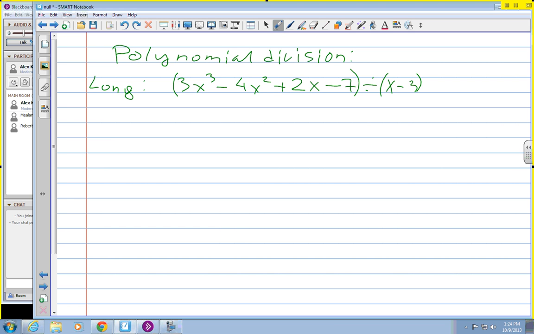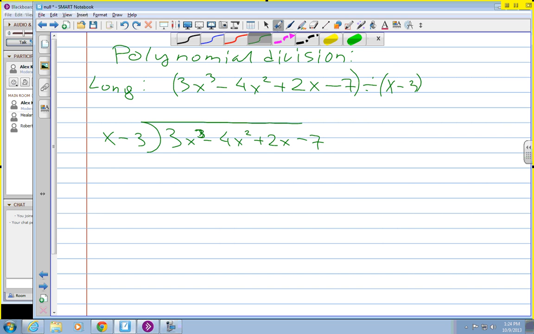So we're going to lay it out just like we did with numerical examples. We're going to put that little division sign, and then I'm going to put my dividend in here: 3x cubed minus 4x squared plus 2x minus 7. And I'm going to put a divisor in here. So just like with numbers. And then, when you're ready,